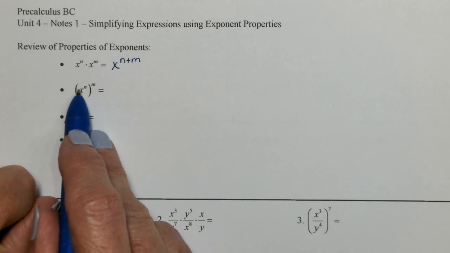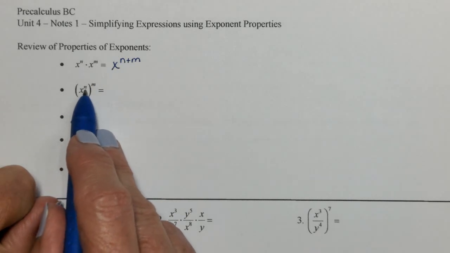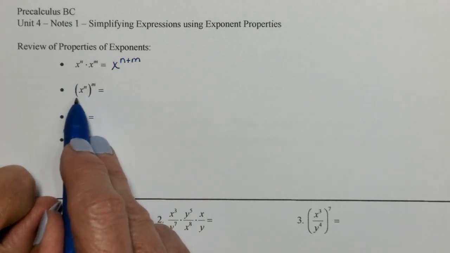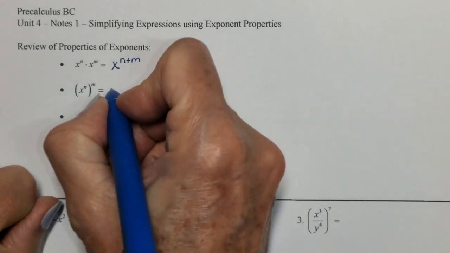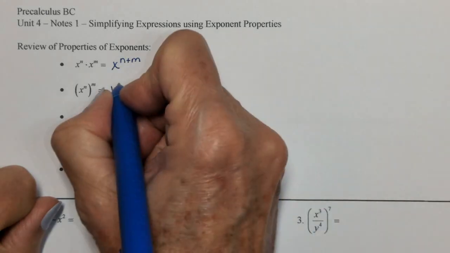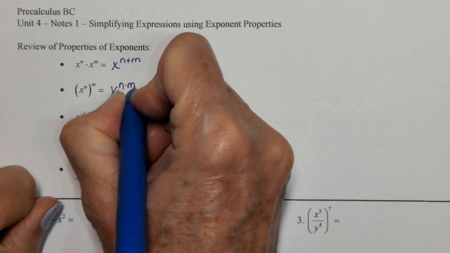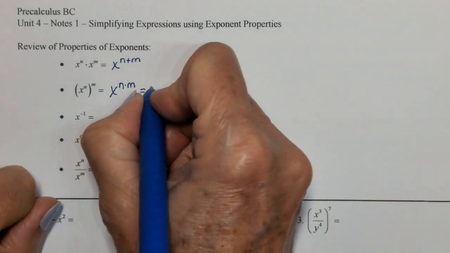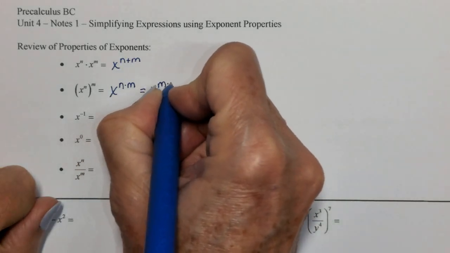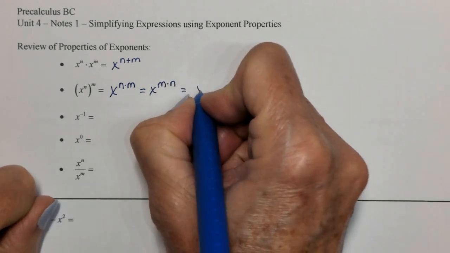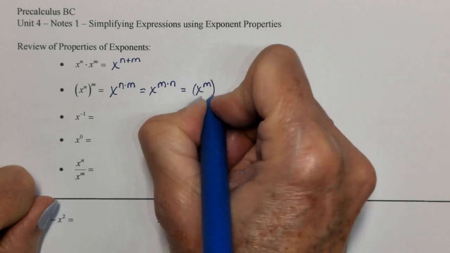What if you have a base raised to a power, and that is raised to a power? What do you do with the powers then? I call this a power to a power. What is a power to a power? Well, you keep the same base, and you multiply those powers together. N times m. And of course, since multiplication is commutative, you could reverse that and make it m times n. Which means that if you wanted to, you could write this as x to the m all to the n